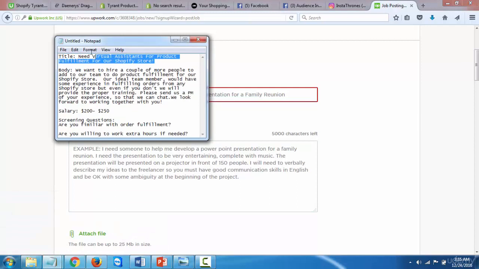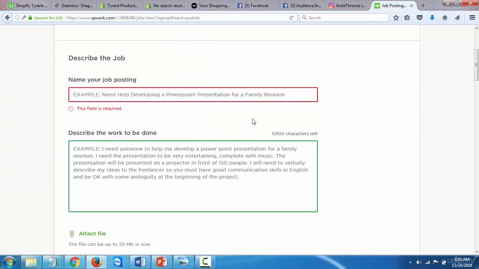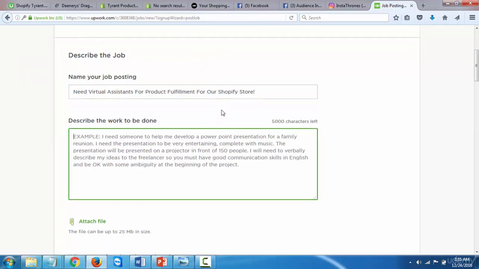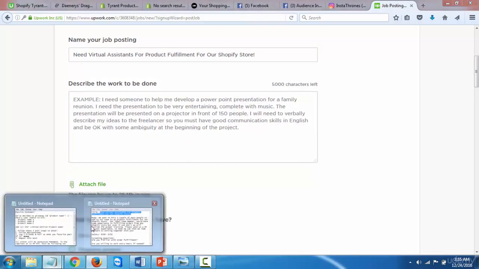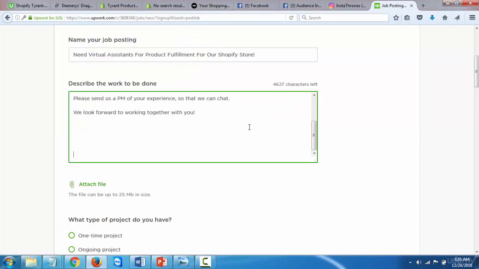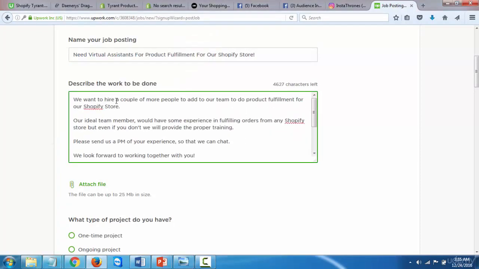First thing is going to be the title. So we're going to give this title: need virtual assistants for product fulfillment for our Shopify store. And then we're going to give a description. So this is going to be our description. We want to hire a couple of more people to add to our team to do product fulfillment for our Shopify store. And why I said couple here is because what this allows you to do is let multiple people